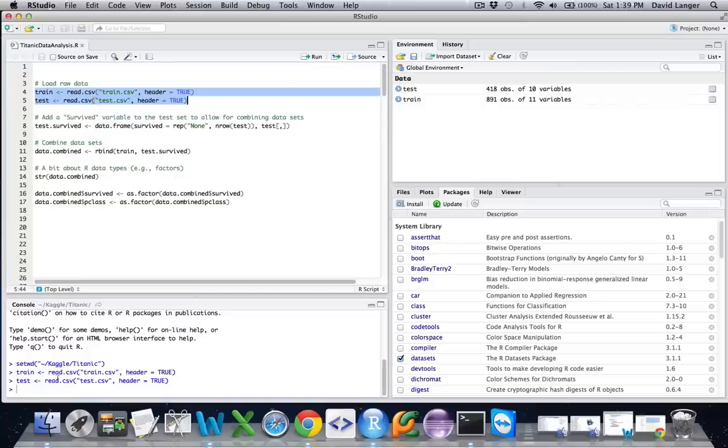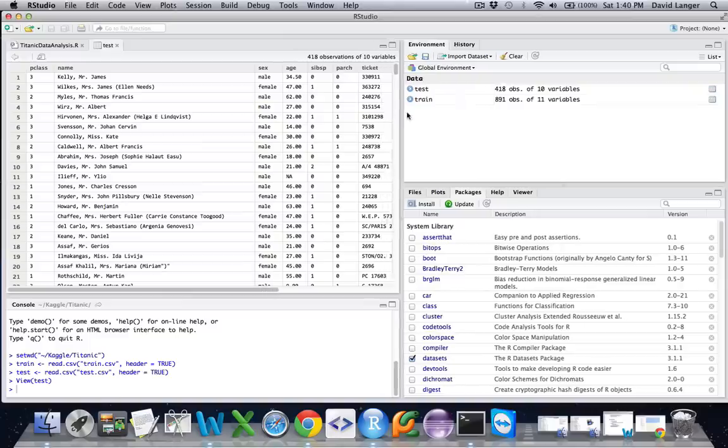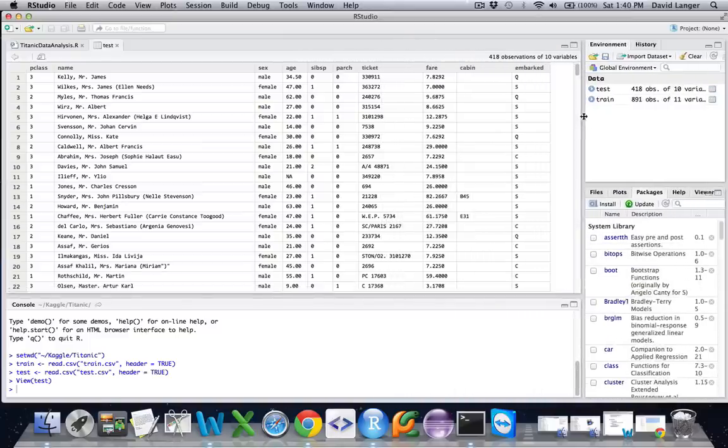And you'll see down here that it gets executed in the R console automatically for me. RStudio depicts my environment of what variables I have loaded in memory. What I have here is a variable called test and a variable called train. Now if I click on these, I'll get a visual exploration pane of the data. You'll notice that it's very spreadsheet-like. It's essentially just a table of data, or a matrix if you're mathematically inclined. And you can just take a look at the data here.